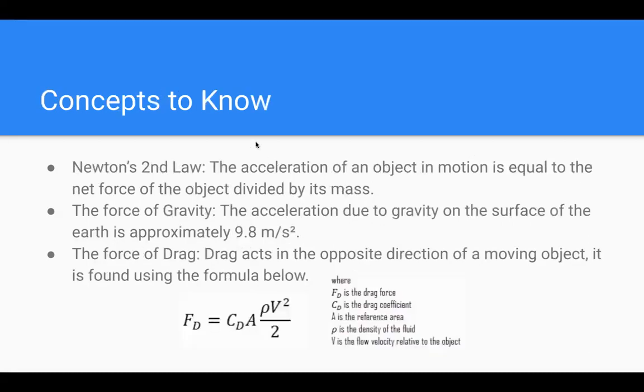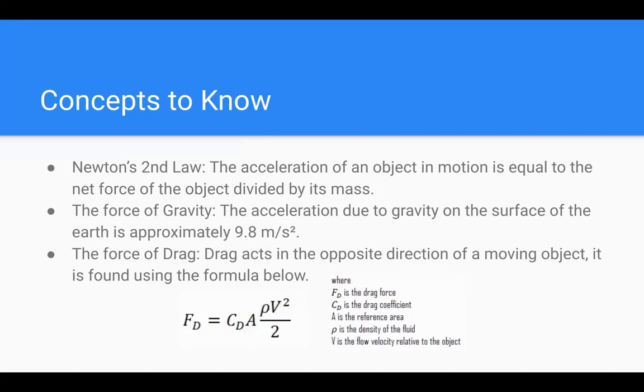So some concepts to know for understanding this lab a little bit better are Newton's second law, the idea that the acceleration of an object in motion is equal to the net force on the object divided by its mass; the force of gravity, which is that the acceleration due to gravity on the Earth's surface is approximately 9.8 meters per second squared; and the force of drag, which is that drag acts in the opposite direction